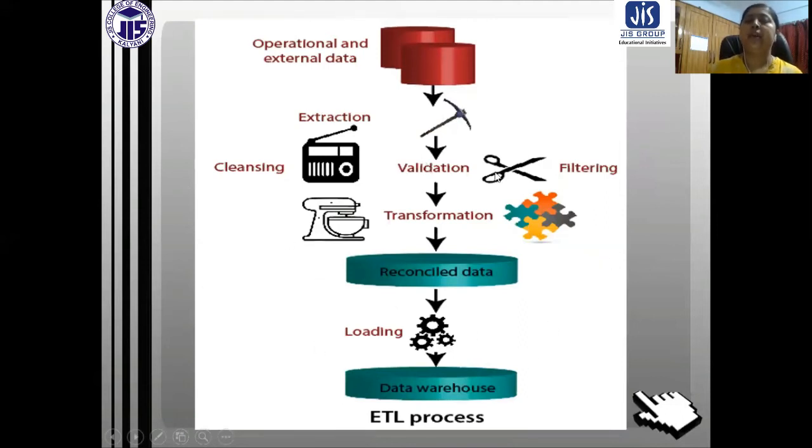Firstly, this is the operational or external data from which the data extraction is done. With that, cleansing, validation and filtering are also done. After that, the data transformation is performed, and now the reconciled data is loaded into the data warehouse. By this figure, we can describe the total ETL procedure.